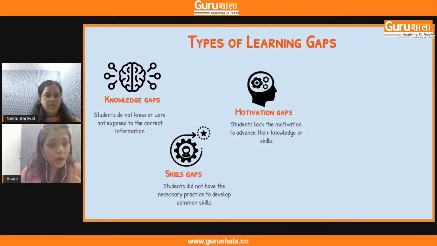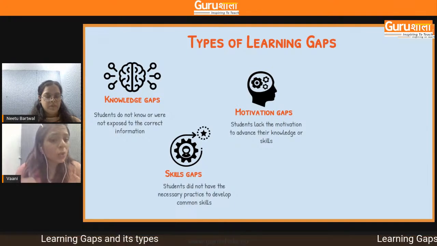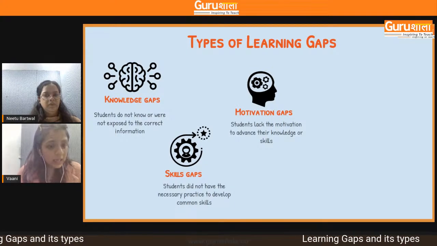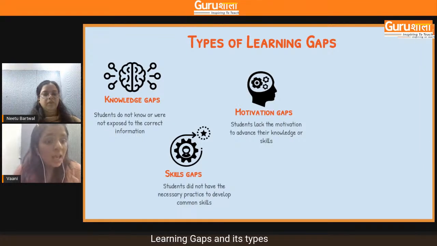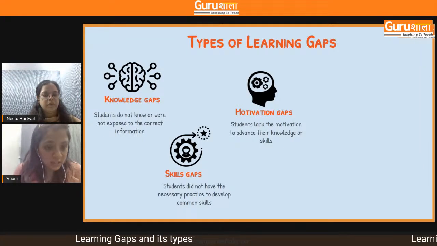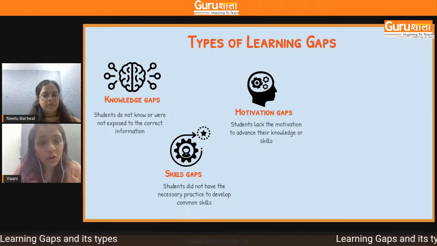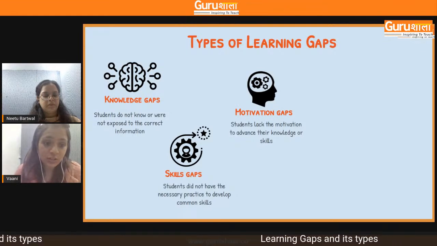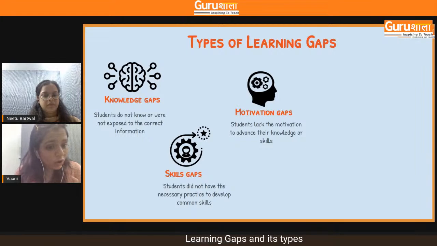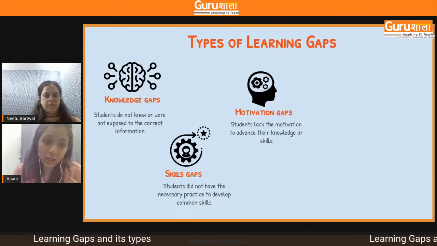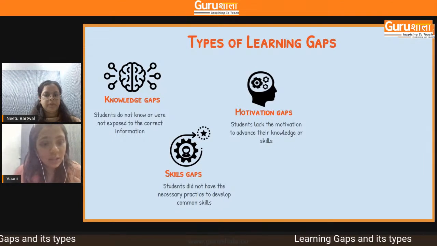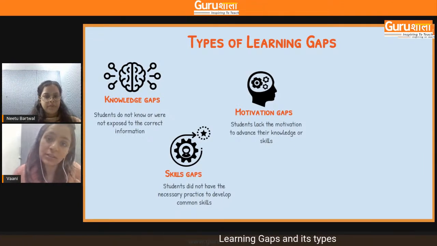This is the reason why we conduct tests and quizzes and fun games with the students, to check their level of learning and knowledge, and also to motivate them to want to participate. Because healthy competition really encourages the students to participate, to advance their knowledge, to study more, to read more. So that is one way of dealing with a motivation gap, and that is also another type of learning gap that we have witnessed in the students.